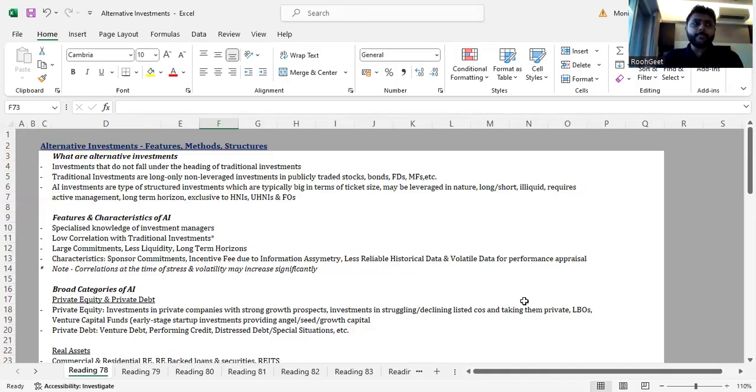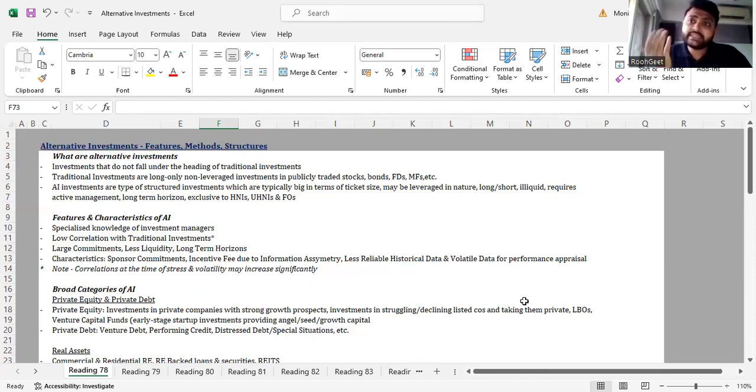Generally what happens is that when you go and invest in such private asset classes, getting money back is not guaranteed. And not all investments in the world will be very safe. Now that is the reality. High risk, high return. That is why alternative investment class is a high risk, high return class. And can retail investors generally afford to take so much risk? No, right? That is why alternative investments are generally limited to, or I would say exclusive to HNIs, high